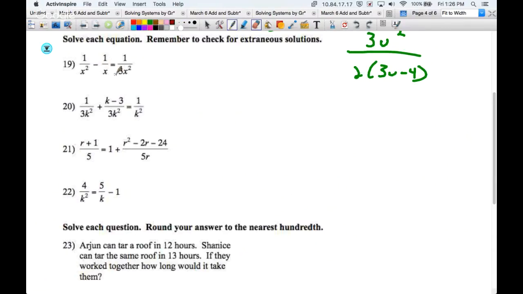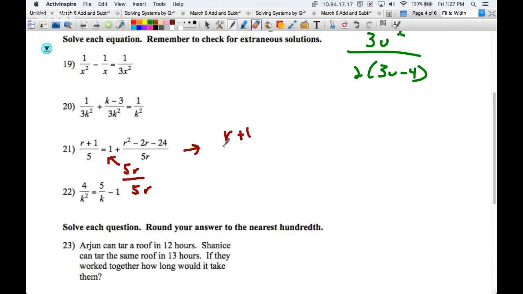solving and then looking for extraneous solutions. Let's pick 2 of these. I'll try to pick 2 of the harder ones. Let's see, I guess the second 2 would be the hardest. These already have a common denominator. In this, you just have to multiply by x over x to get a common denominator. Here to get a common denominator, I'm going to swap out that 1 for a 5r over 5r, so that now I can actually add them together, which is going to lead to the equation